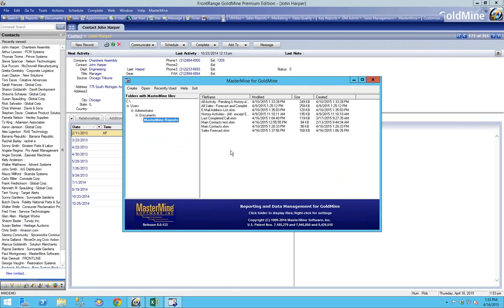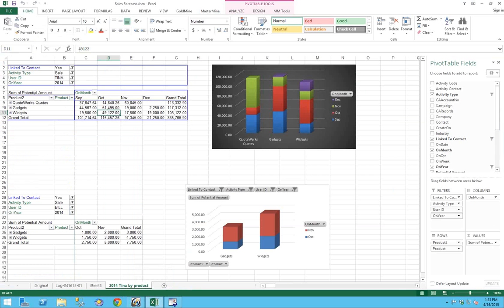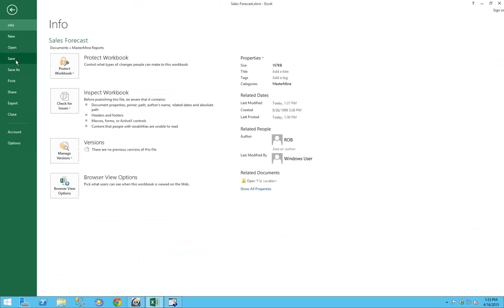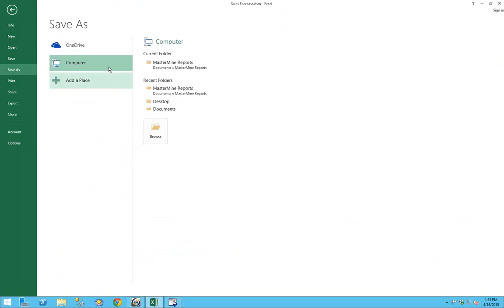I guess I should also point out that because it's Excel, people don't often remember, even though it's MasterMine, if you're in Excel and you do a File, Save As, you can name your new report anything you want, save it onto your computer or into a different network location, and as soon as you save it, it's available to you in that other place as well as other users if it's